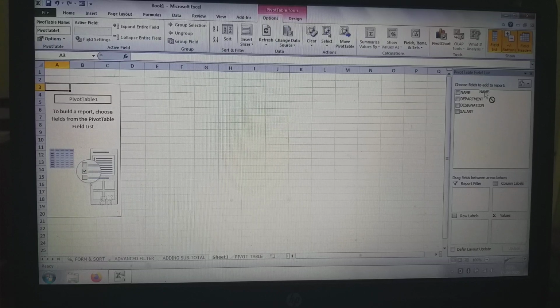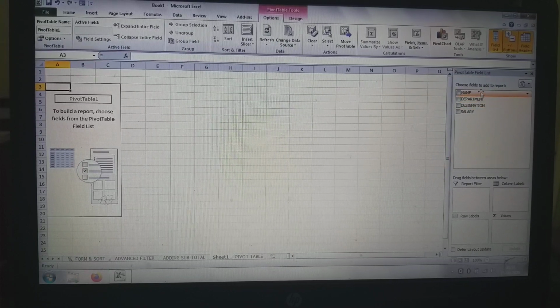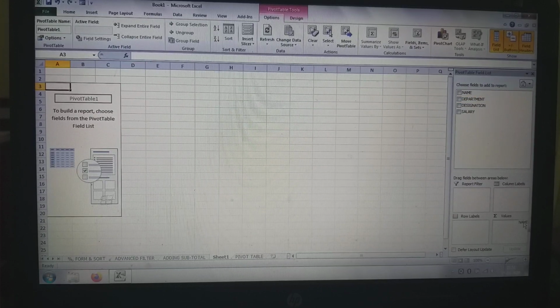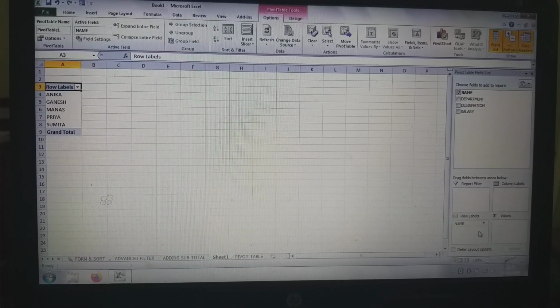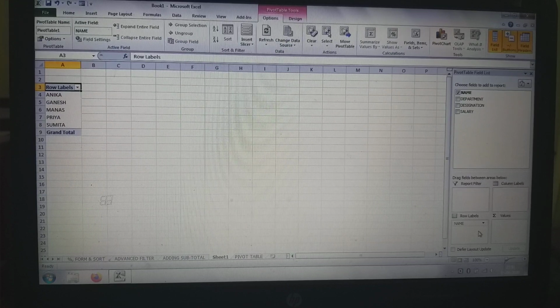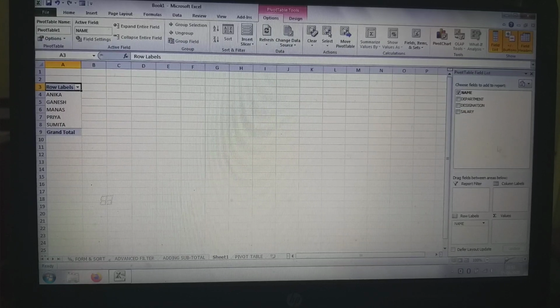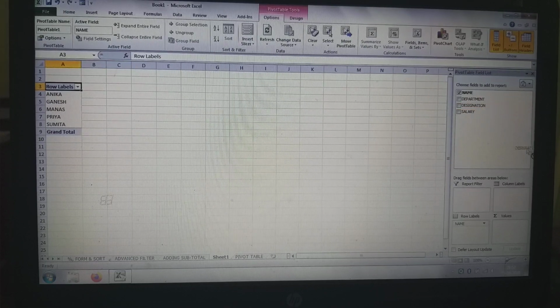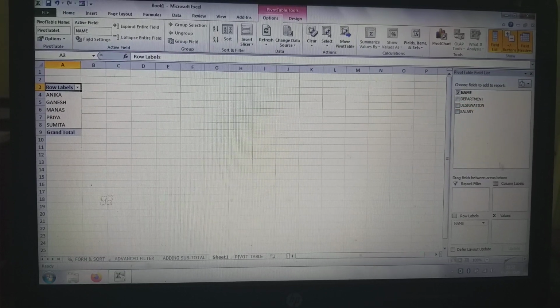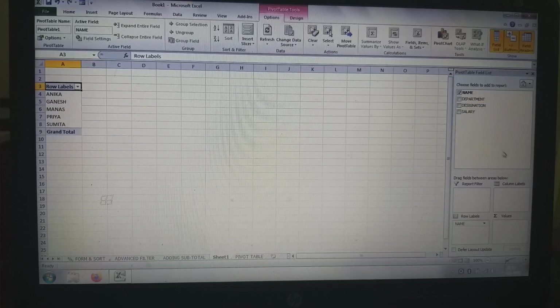Click and drag the name field from the choose fields to add to report pane and drop it into the row labels. See, I have dragged the name field in row labels. Drag the designation field into the column labels.